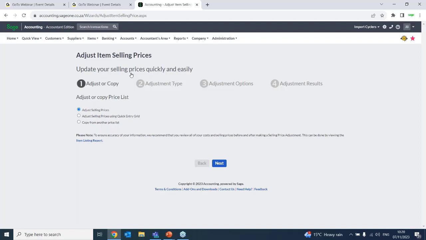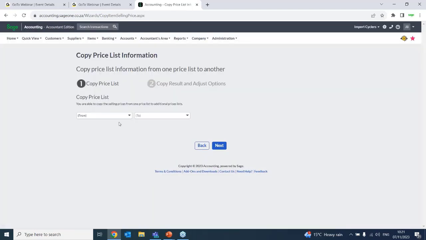And we know that our pensioners maybe have a 2.5% discount over our retail, but our wholesale has a 5% discount. So we start with our wholesale, we enter all of the prices, we can then copy that price list, the wholesale price list,